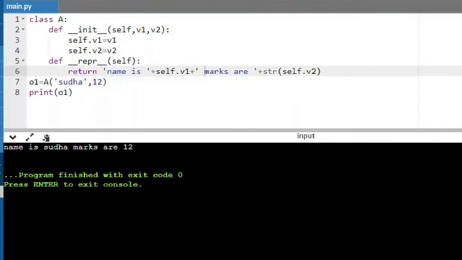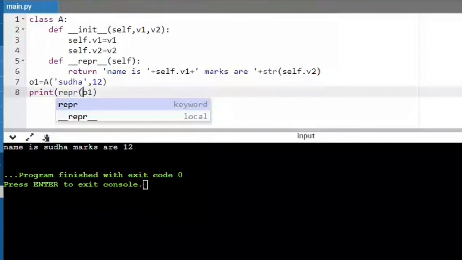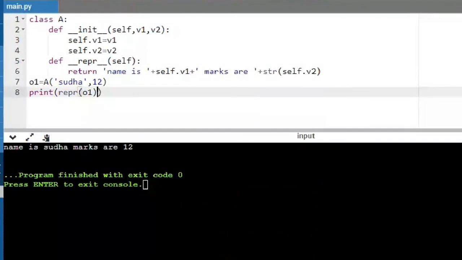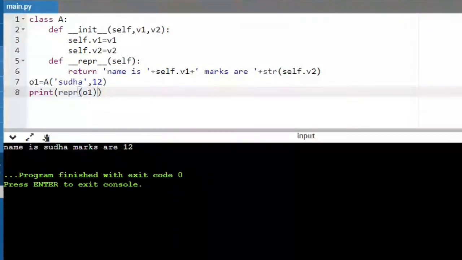Yes, ma'am. Okay. Even if you explicitly make a repr call like this, so I just have given repr and I'm making an explicit call over here. Even if you make an explicit call or you don't make an explicit call, internally this repr method will be called. Okay, so you don't need to make a call. Obviously, whenever you want to print the description about the object, the repr method will be called. Okay, so this is regarding your repr method.